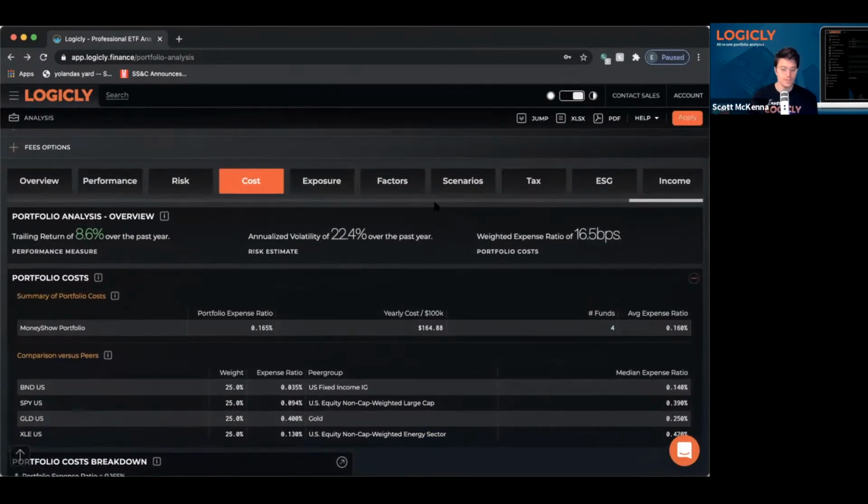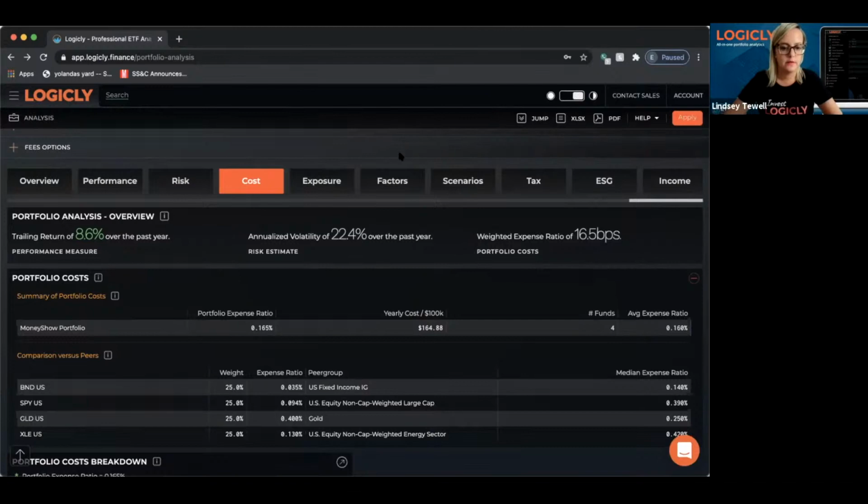So, Lindsay, can you tell us a little bit about factors as well? I know that's something that probably a lot of advisors are looking at, but might not share with their clients. Is there any way that we can make it a little bit easier for them to share some of those stats with their clients?